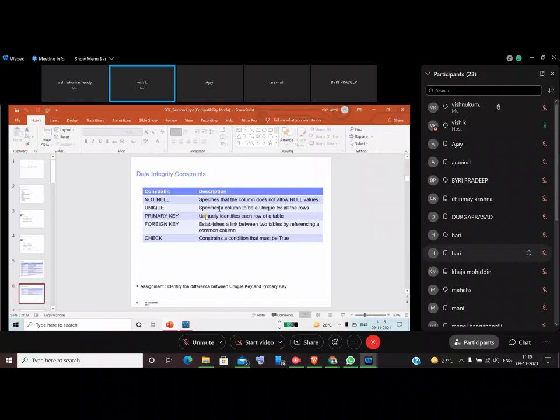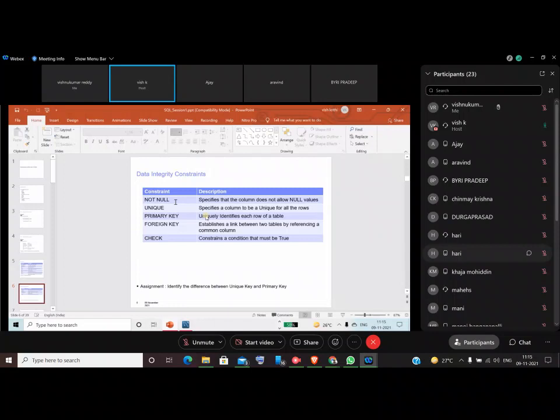And they will tell you that on one column you should compulsorily give some values. Okay. So here, not null.